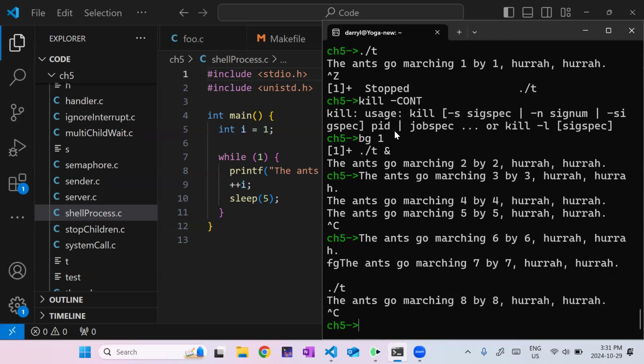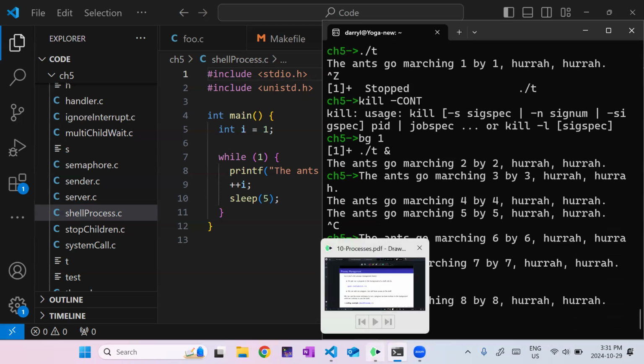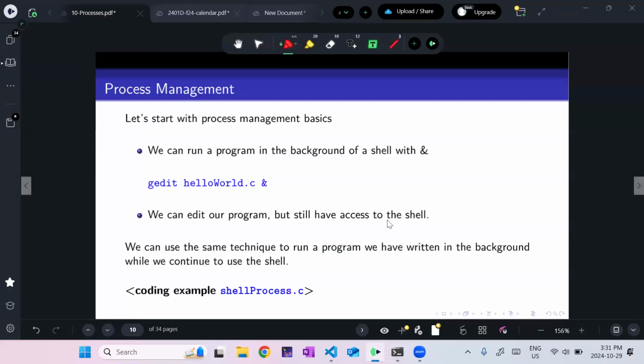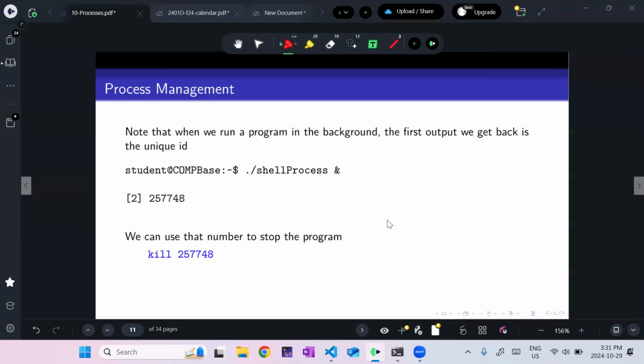All right. So yeah, I sort of suspected this would happen. I'm getting a little bit ahead of myself in terms of what are the things we can do. So what did we see so far? Well, we can run a program. We can run it in the background. When we run it, it will list the job number and the process ID, and then I can use those to run more commands to manipulate it.